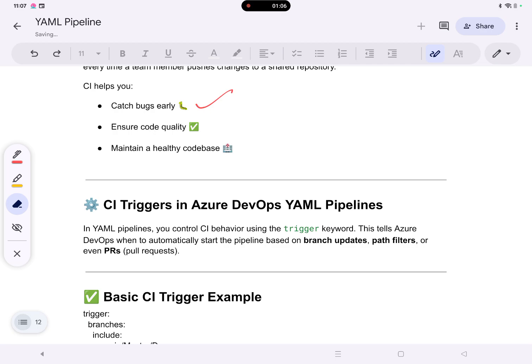What it does, it ensures the code quality. Very simple and straightforward. Okay, and it maintains a healthy code base. Basically it maintains everywhere in Git or Azure repo, or anywhere wherever you are maintaining the repositories, right? Now looking into the next topic,